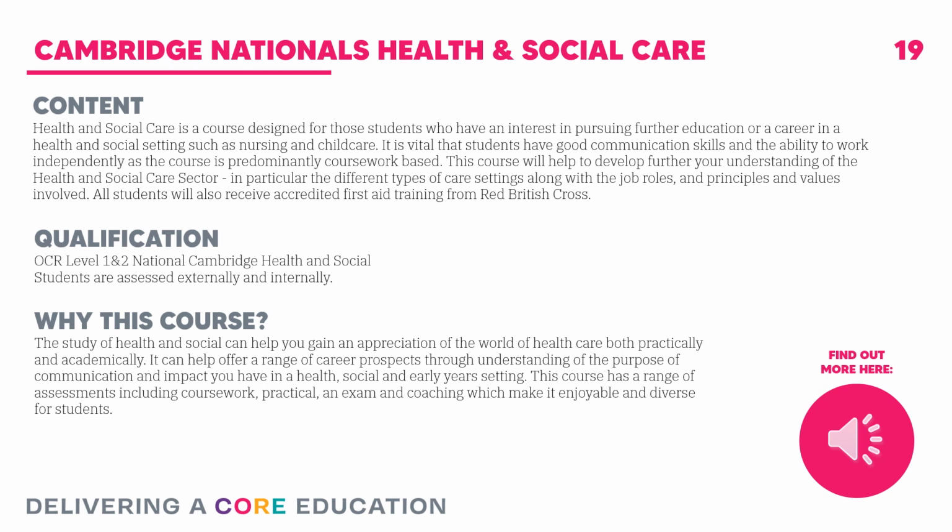The course Cambridge Nationals in Health and Social Care is predominantly coursework based. It is made up of 75% coursework and 25% exam. The course is made up of 4 units, which include understanding body systems, learning about how the body works,